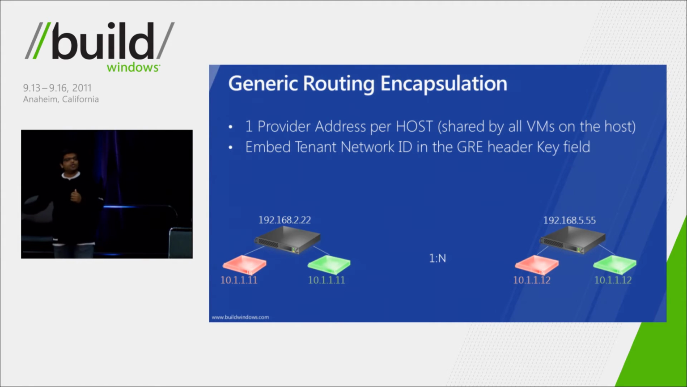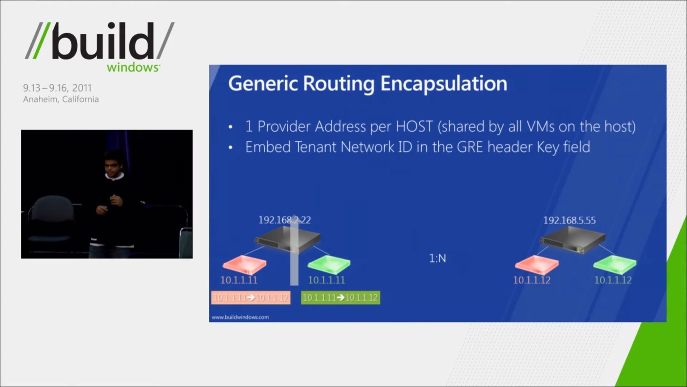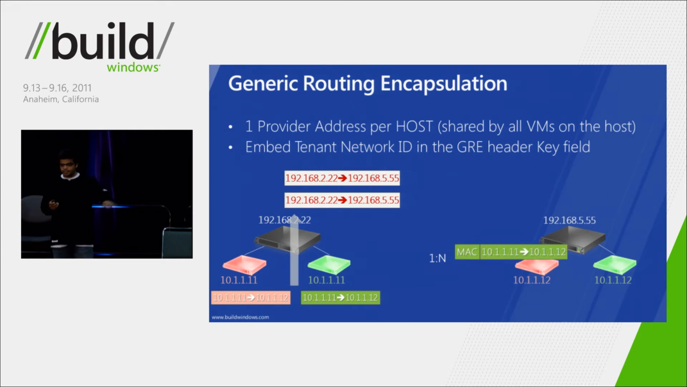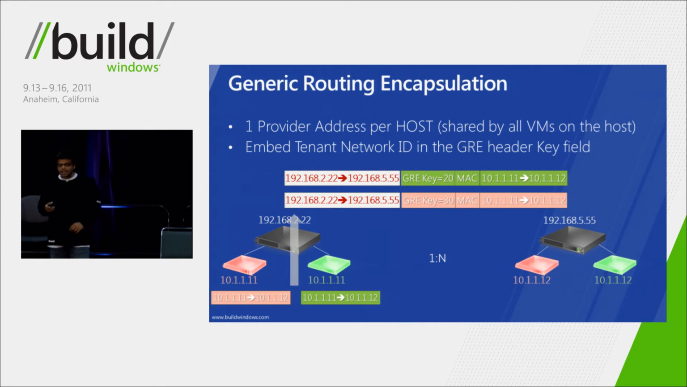So let's look at how communication will happen when these red tenants try to talk to each other and the green tenants try to talk to each other. When a packet comes out, it needs to be encapsulated, right? The address to be used for encapsulation is the provider address that's assigned to that host. Now, once you encapsulate the packet, the source address is, as you can see, 192.168.2.2, and the destination is 192.168.5.55. Now, there is no problem in routing this packet because that 192 address is completely routable in the fabric. But once you route,